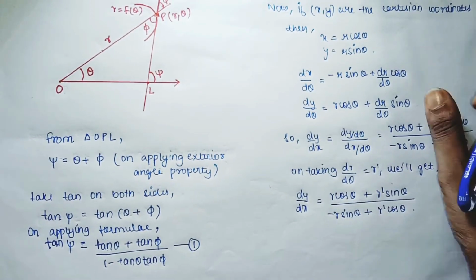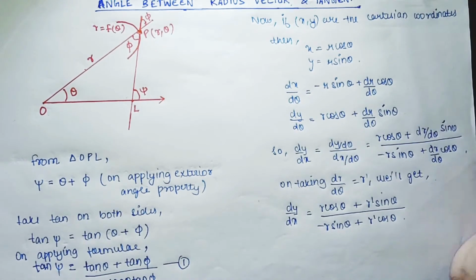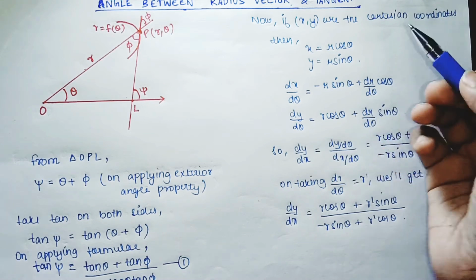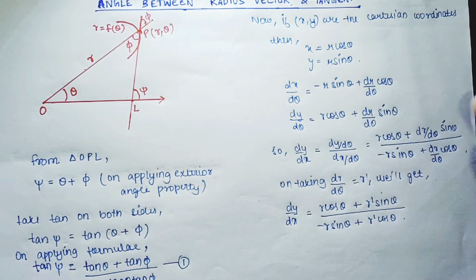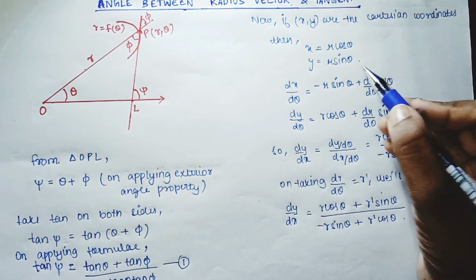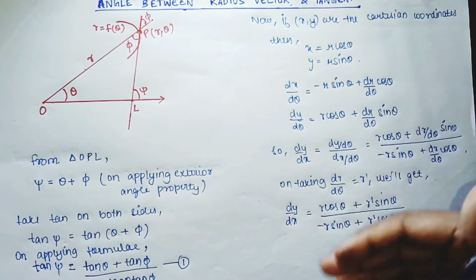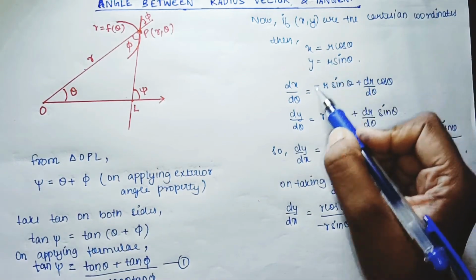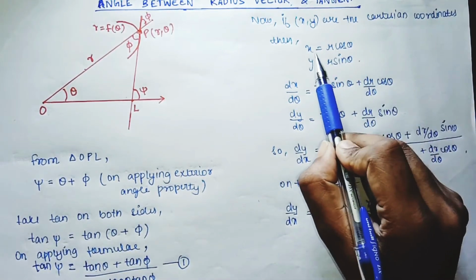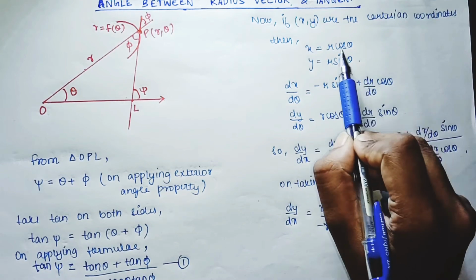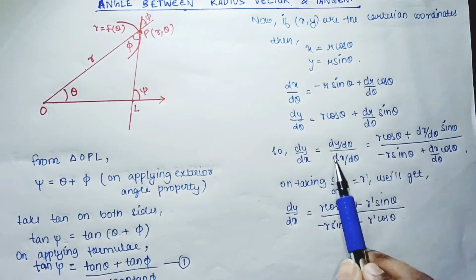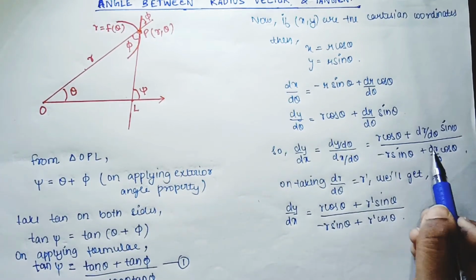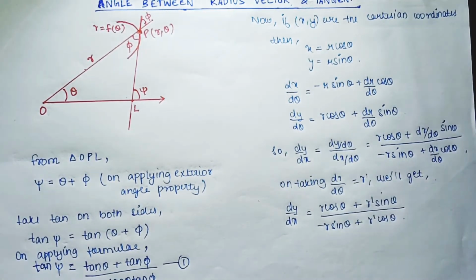In order to find another expression, I'm taking the help of the polar form of Cartesian coordinates, that is x = r cos theta, y = r sin theta, and I'm forming another expression. To do that, I need to differentiate it. If I'm differentiating x and y, I'll differentiate with respect to theta, their angle values, and then I'll divide both of them to get dy by dx. Now, in order to simplify, I took r dash. I hope it's fine till here.